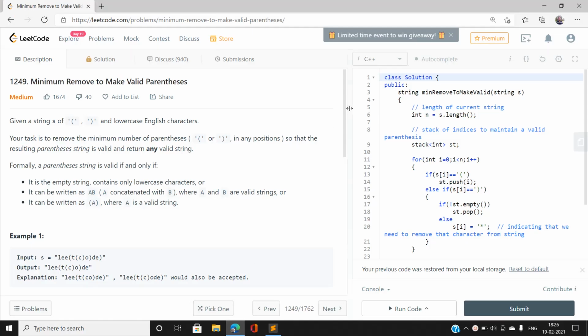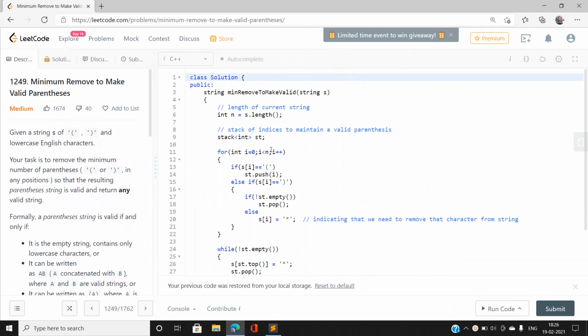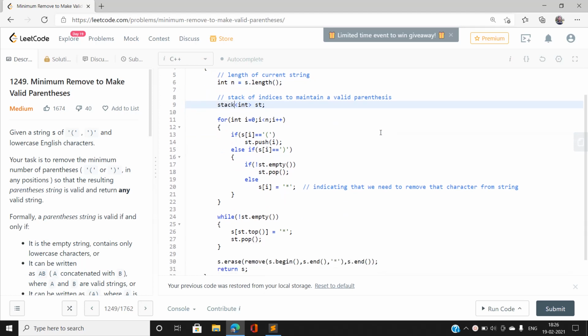Now what I have done is I have taken n first, which denotes the current string length. Now I have taken a stack of indices to maintain a valid parenthesis. Whenever we encounter an opening parenthesis, I am going to push its index into our stack, and whenever we encounter a closing parenthesis, then only I am going to check if the stack is not empty, then there can be a valid parenthesis.